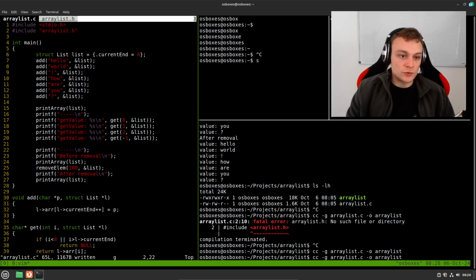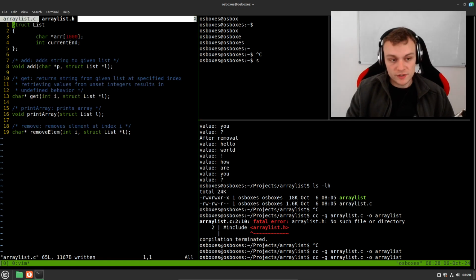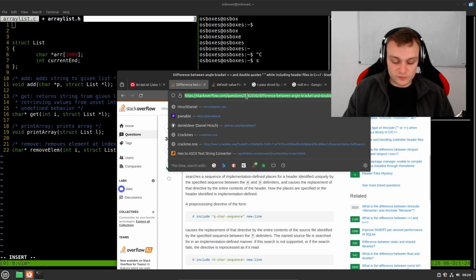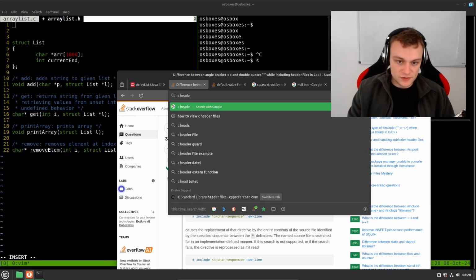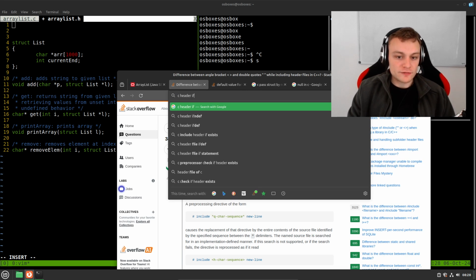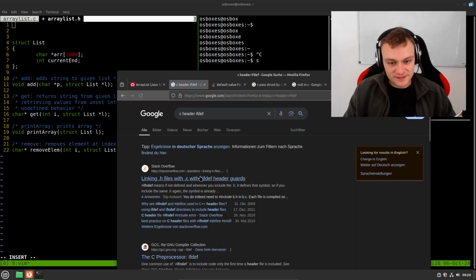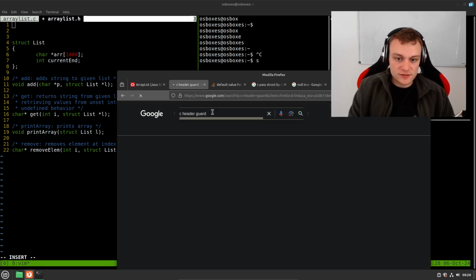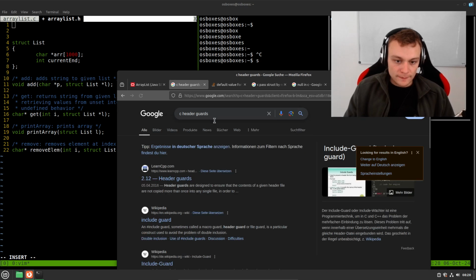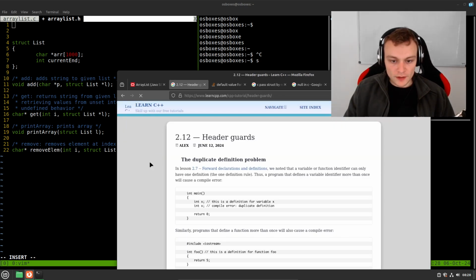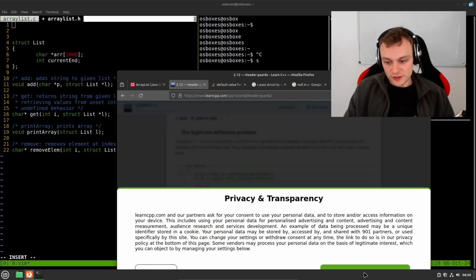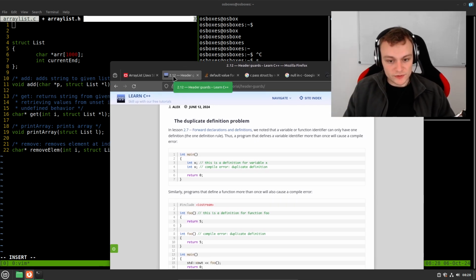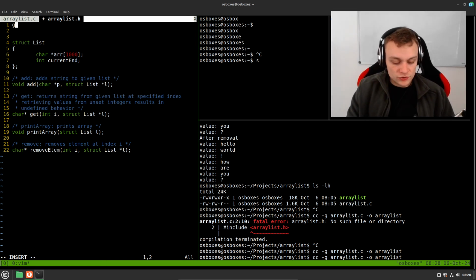And just to do things properly, we need to do a protective mechanism, that is C header if def, something like that. Header guards, yeah, right. C header guards. These header guards are there to ensure that a header is only included in the source file once, because technically you could do